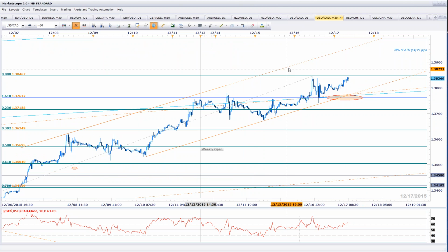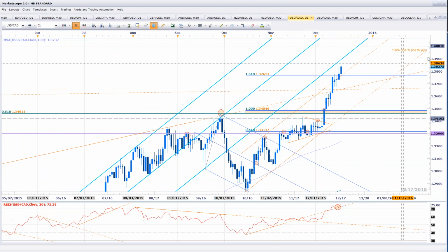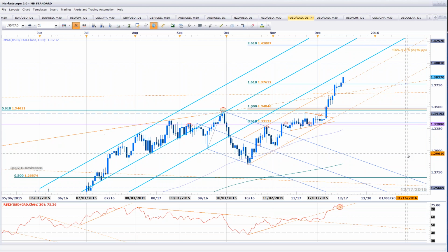I really don't look to scalp it too aggressively when there's not much clarity in the daily chart. I really don't have anything on the top side targets here until that median line, which today comes in somewhere around 138.90. Soft target at the 140 handle, and then the next big range is at 142. So we've had quite a stretch. In fact, if we take a look at the consecutive bars indicator,